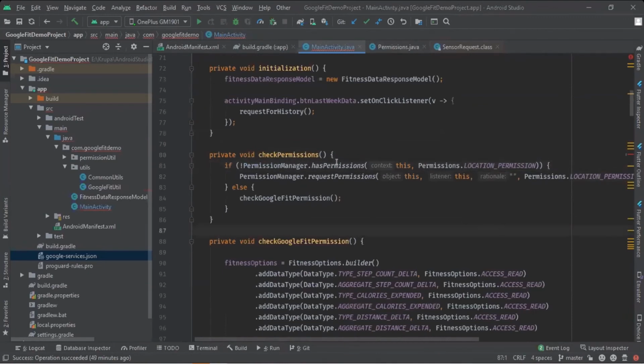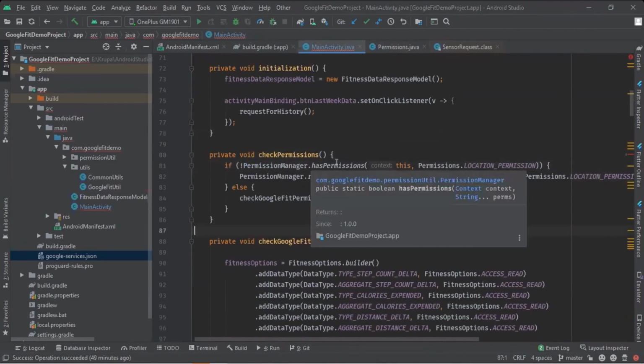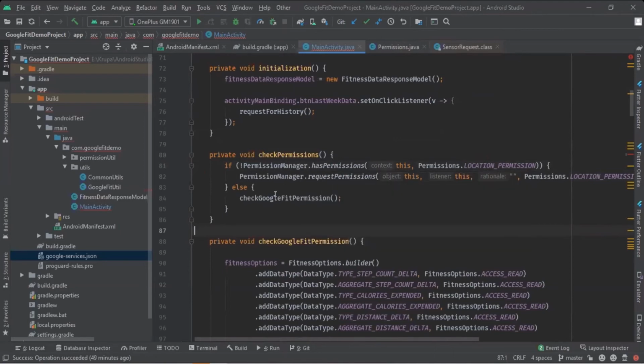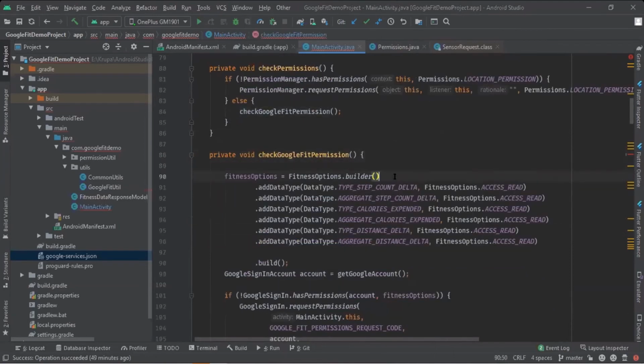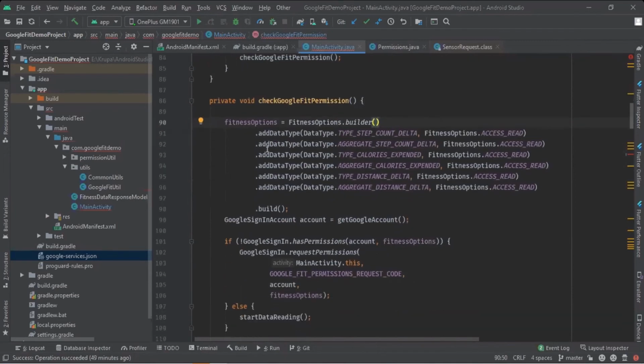If you have allowed those permissions, then it will call another function, like fitness options, where I have set a few data types